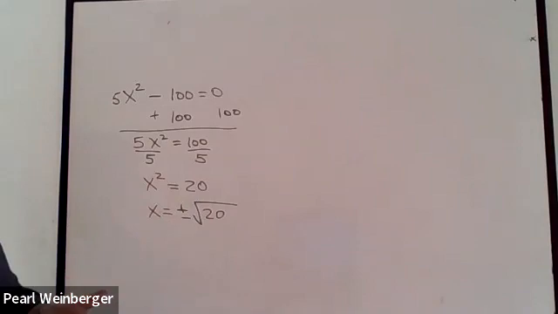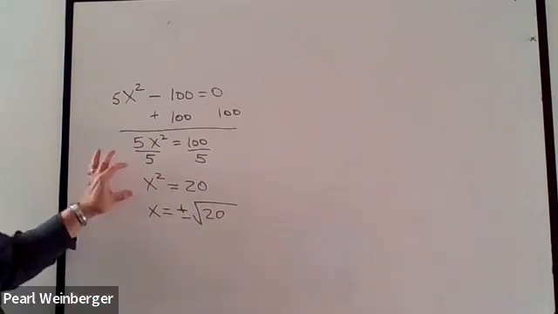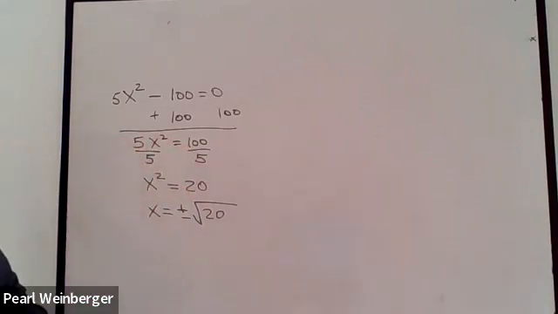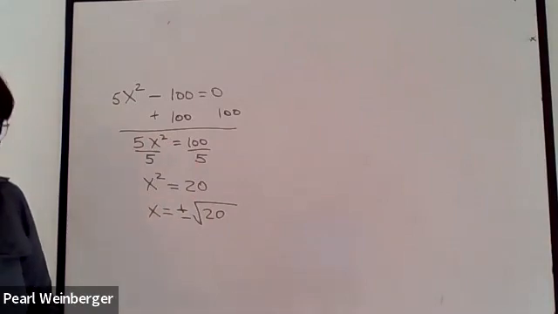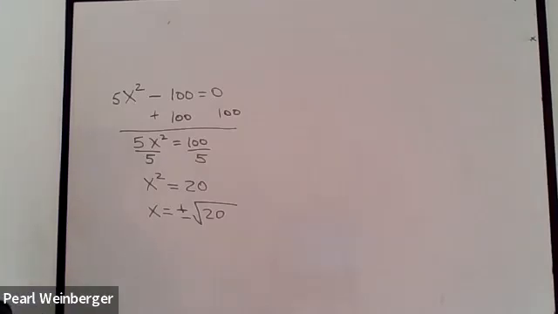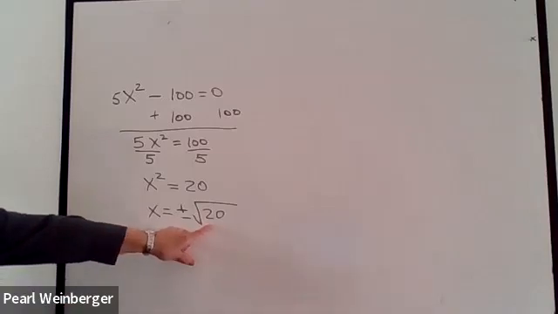Notice 20 is not a perfect square. There's no way I could have ever solved this by factoring, because if you're factoring, you can't get things that come out with i's or with square roots. This is not factorable, but it is solvable because I know the square root of 20,